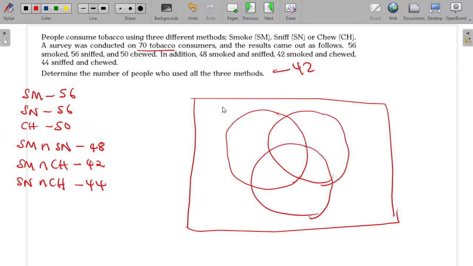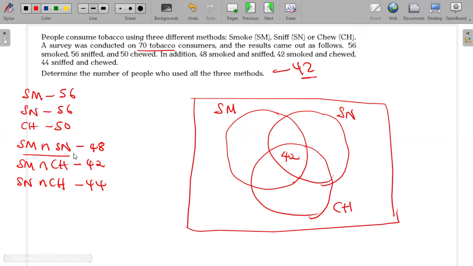Those that smoked would come here, those that sniffed, put them there, those that chewed, put them there. We found that 42 used all the three methods, so you put your 42 there. Now you tend to those that